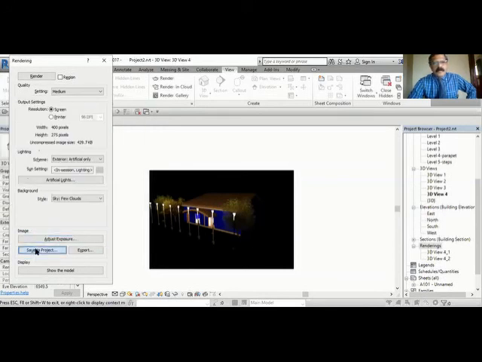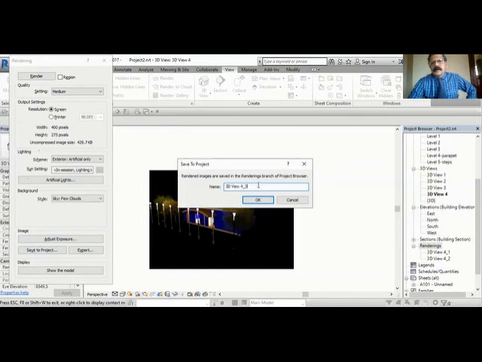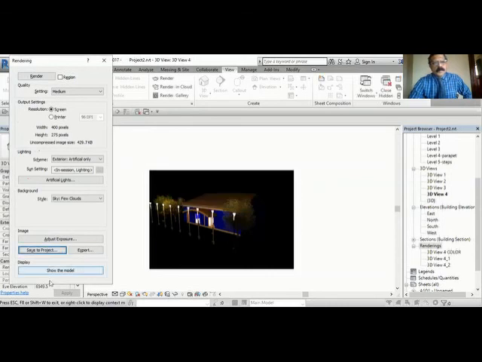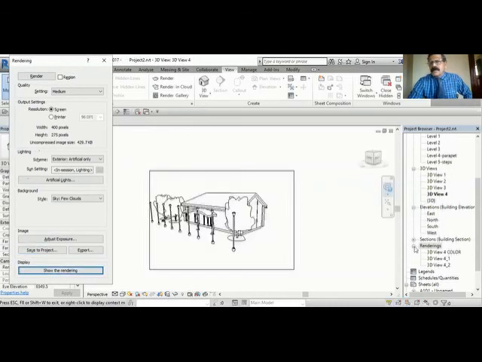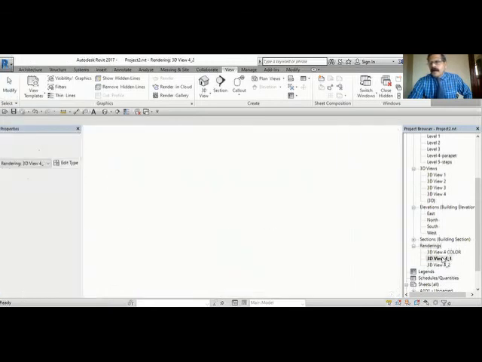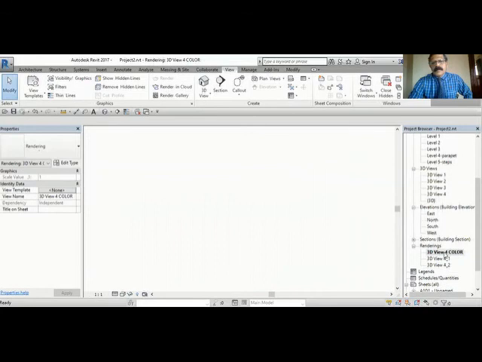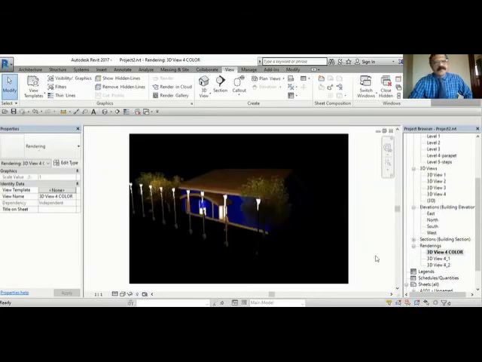Now let us save this project. Okay, now we click on model, and you can click here: render view one, another render view. Just now we made it with the artificial light. Okay, I hope you got the idea now of how you can take the rendering and everything. You have to make a project, then only will you learn all these commands. Okay.